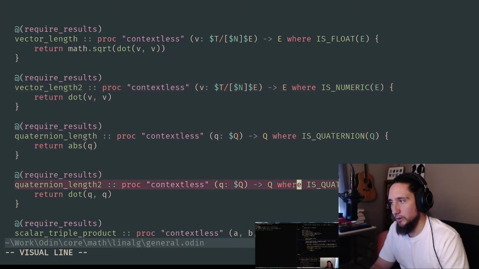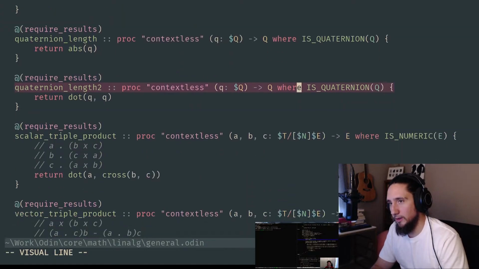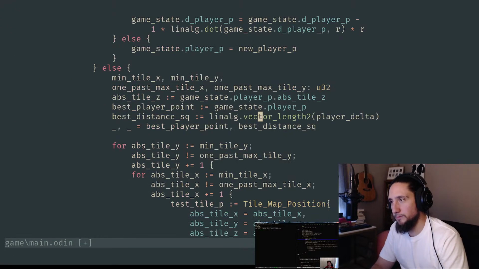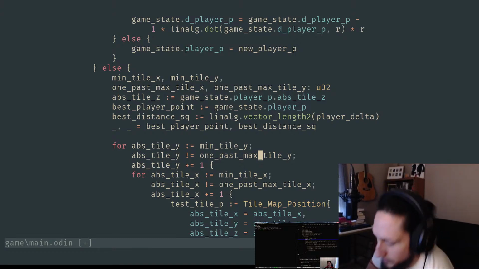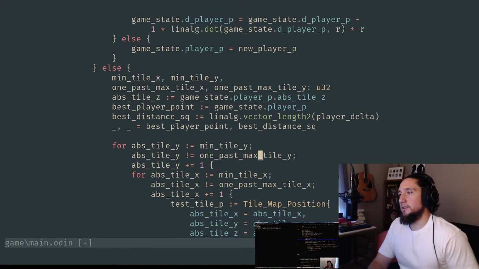Where is quaternion? Quaternion is mentioned. I'm excited to learn what the hell those things are. All I think I really know about them at this point is that they're relevant for 3D in particular, like rotations and stuff. Okay, so